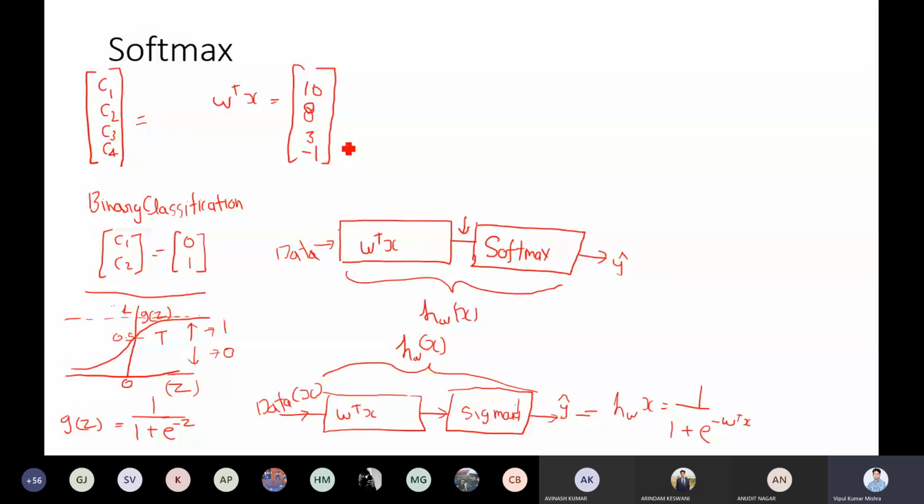Because ultimately this is just a matrix multiplication where w and x are there, this will be a real number. But what we want is to compare, at the end, with the class we have. You can say the y we have is 0, 1, 0, 0, something like that. If you compare w transpose x directly with y, you will not come up with a good result. So we have to convert these values into probabilities.